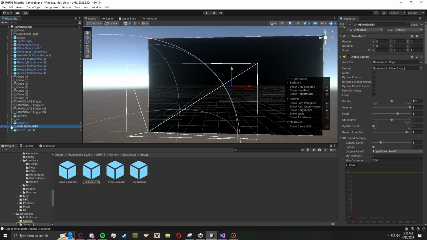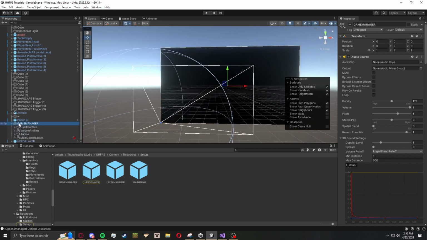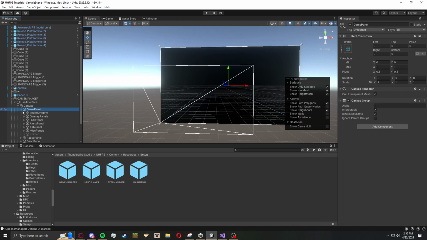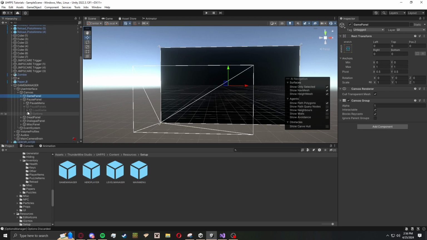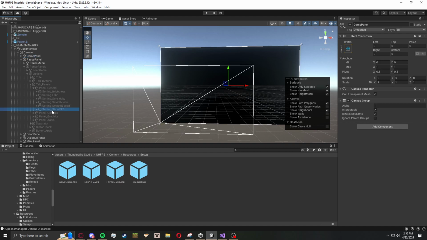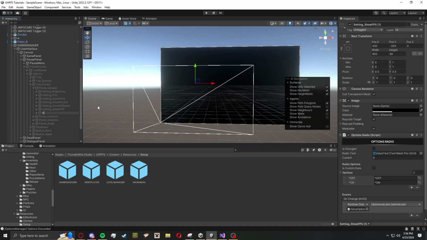Select this, obviously, not hero player. Go to game manager and open this up. Game panel, or not game panel, my bad. Pause panel, pause panels, options, tab panels, general, duplicate show FPS again, call it setting_language,